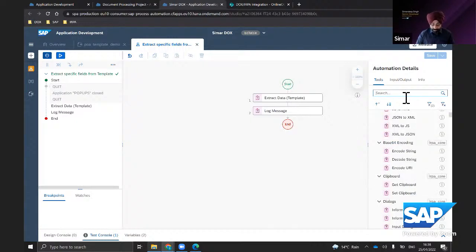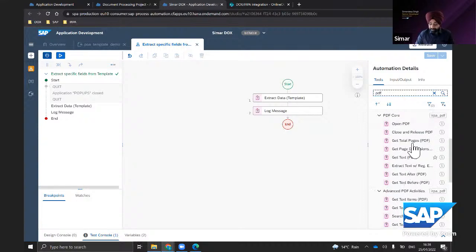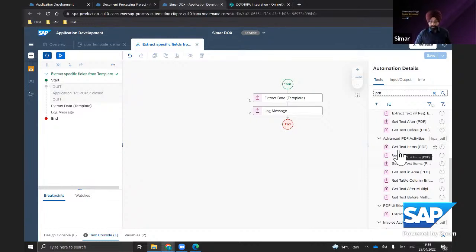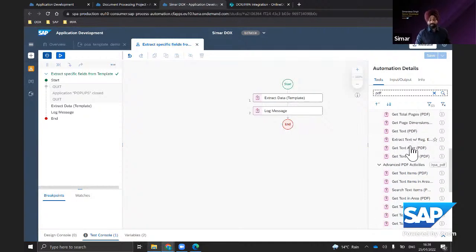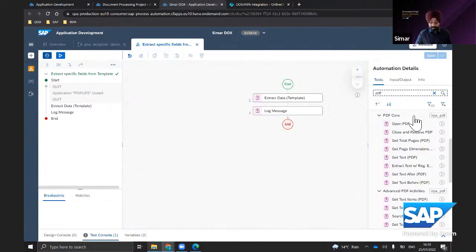You can always search for the activities called PDF. For example, you can get total pages in a document, you can get the dimensions, or you can get the text out of the document. If you want to get the text after a specific text, you can use get text after, get text before, or you can use a regular expression as well to get the text from a document. You can try out these activities as well, and they are very convenient and easy to use.